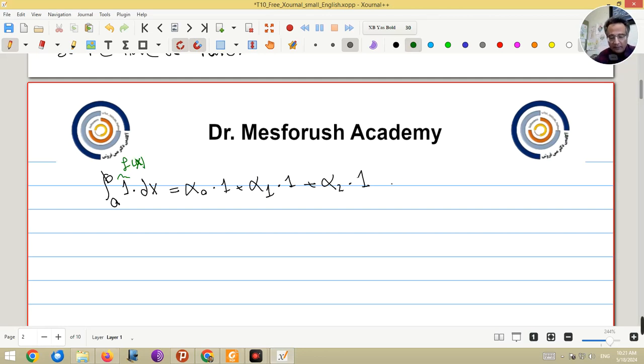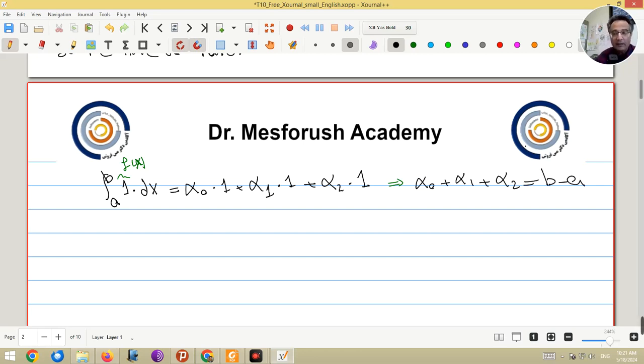So this gives the first equation. What's the first equation? The first equation is alpha 0 plus alpha 1 plus alpha 2 is equal to